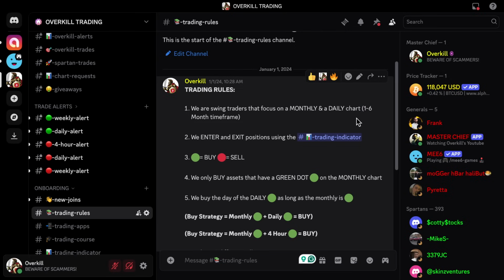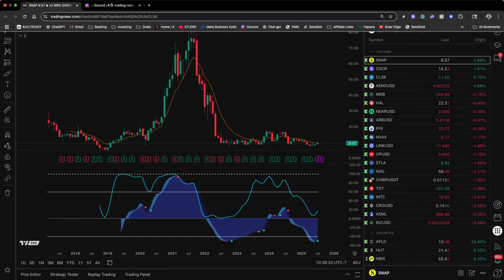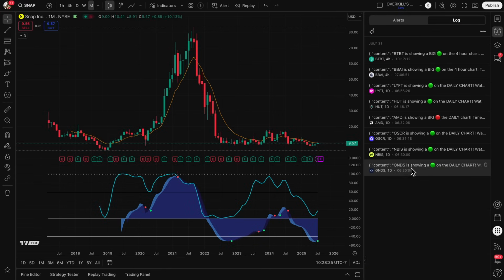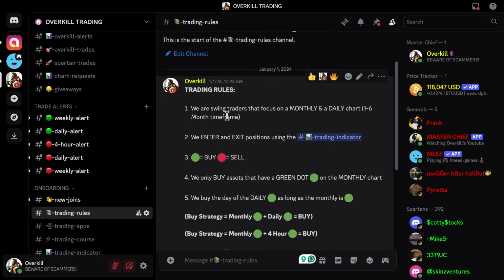So with our strategy, you don't have to look at the charts all day, guys. I probably check my charts once to twice a day on my computer. I'll log in the morning. I'll take a look at my alerts. I'll see what's going off. You can see I got some alerts here this morning. All these setups look really good, and I'll cover all these here today in this video as well after we